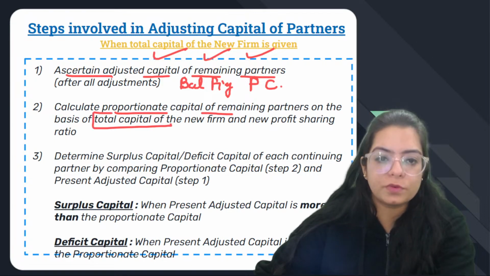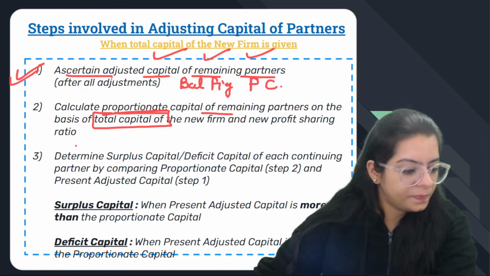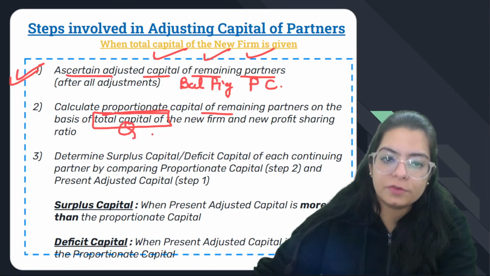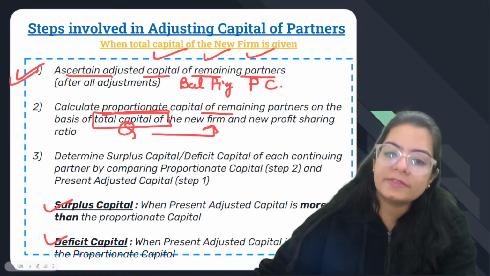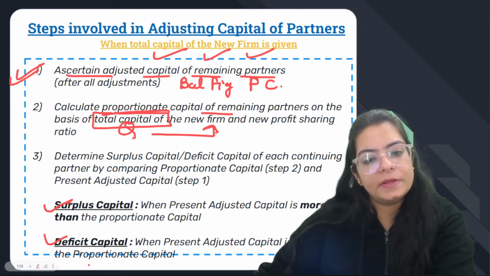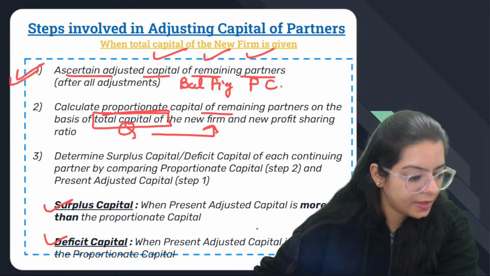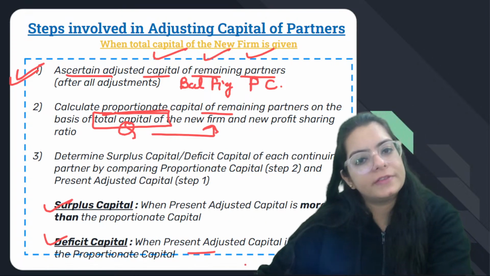partners on the basis of total capital। तो अब इसमें क्या करना है, आप बैलेंसिंग फिगर लोगे पार्टनर्स कैपिटल की, और अपनी टोटल कैपिटल जो क्वेश्चन में दी हुई है उसको न्यू रेशियो में बांट दोगे, दोनों को कंपेयर करोगे। अगर सरप्लस है तो आप क्या करोगे, पार्टनर्स के पास अगर ऑलरेडी एक्स्ट्रा पैसा है तो जो एक्स्ट्रा है वो विड्रॉ कर लेंगे, अगर कम पड़ रहा है तो पार्टनर्स ले आएंगे।